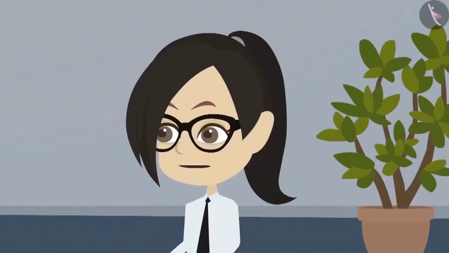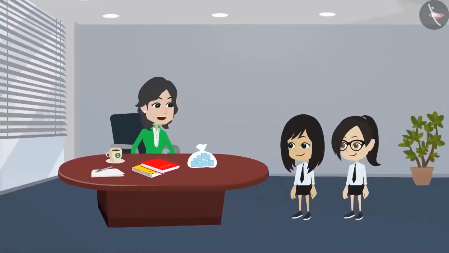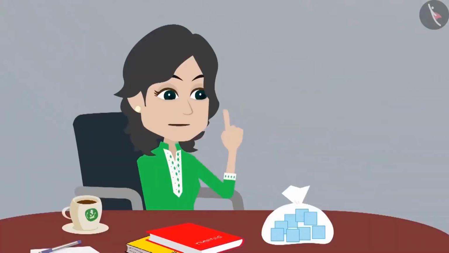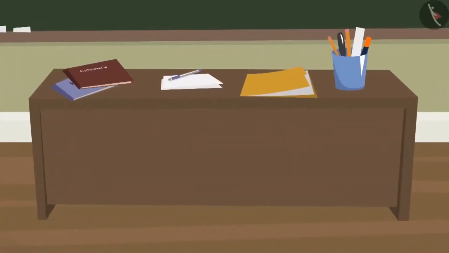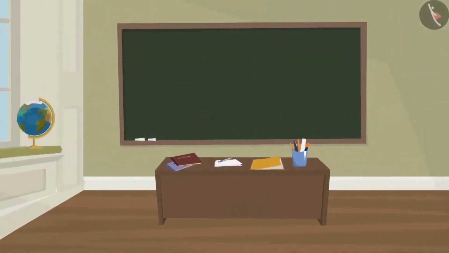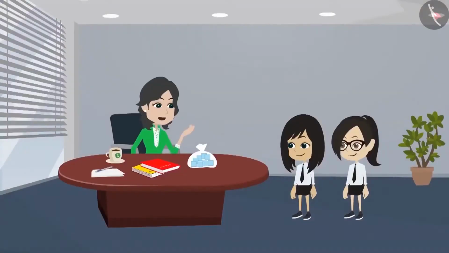But madam, why do we need to measure like this? See, Vandana, every object has a different purpose, and that purpose defines how the object will be measured. For example, when making your class desk, special attention is paid to all the things that will be placed on it. The more items that can be placed on it, the more useful it becomes. So, to measure your class desk, we will measure how much space it occupies. Similarly, the efficiency of a farm depends on how many plants can be planted in it.